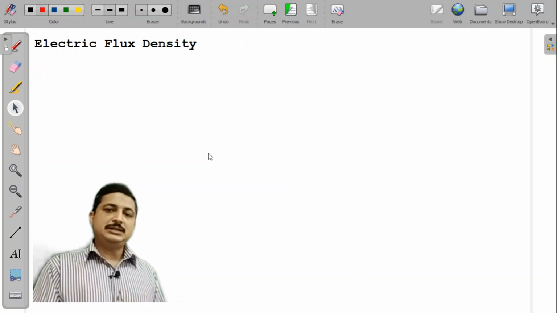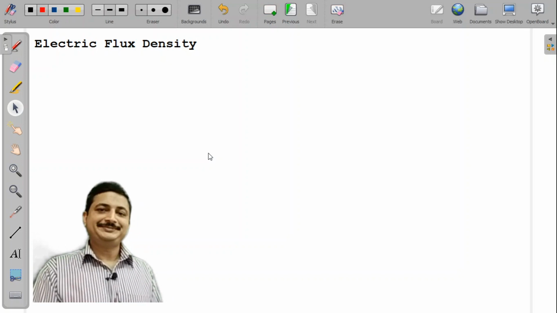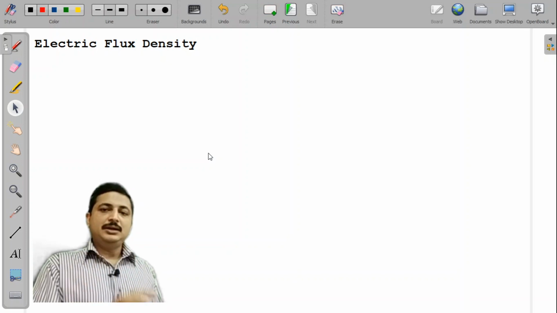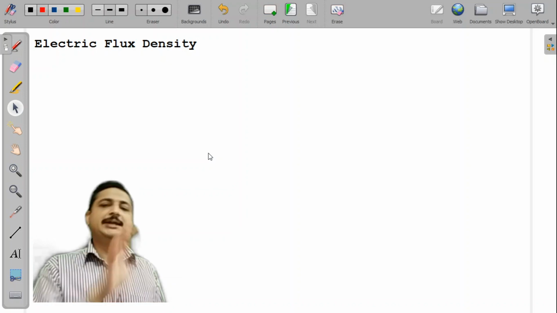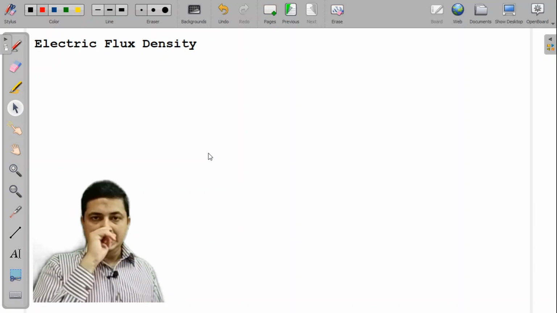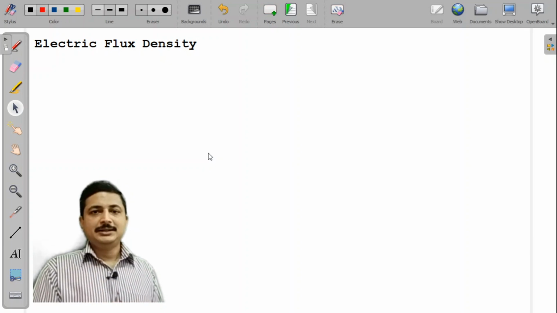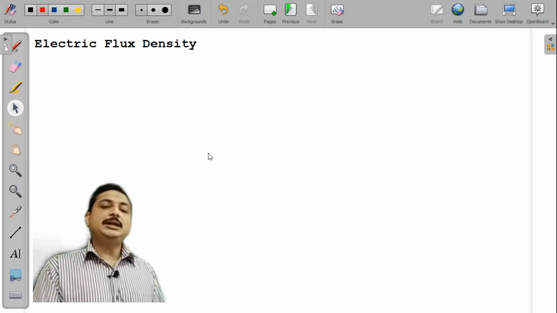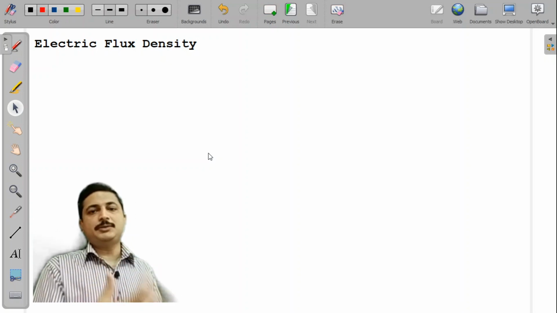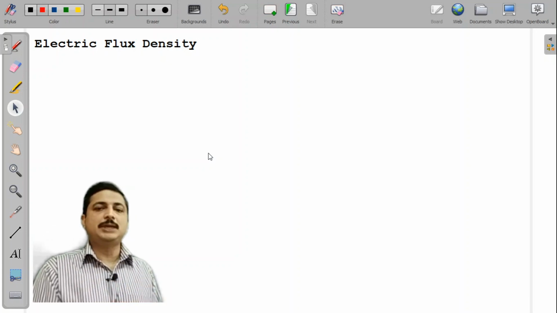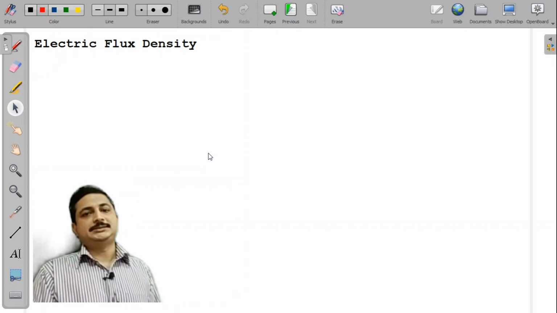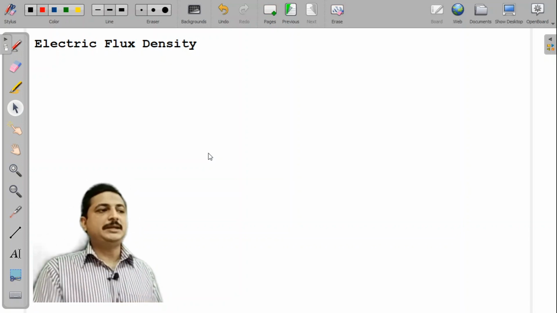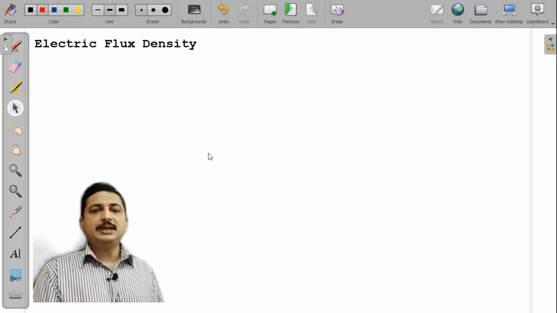So electric flux density is very straightforward. What does it say? The number of flux lines in a given area. To be unit specific, we measure it for unit area. When I say unit area, it is 1 meter square area, because of SI units. But in our application, in field theory or electromagnetics applications, the area we are talking about will be in nanometers or millimeters. So it is always better to explain electric flux density considering smaller areas.